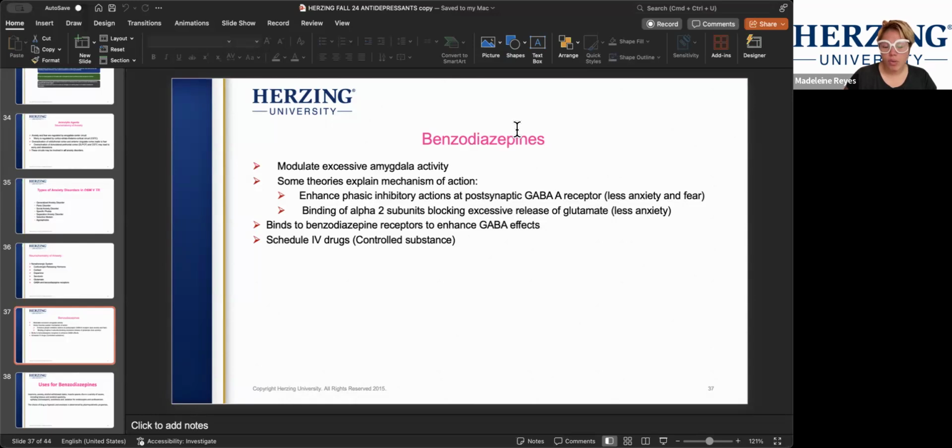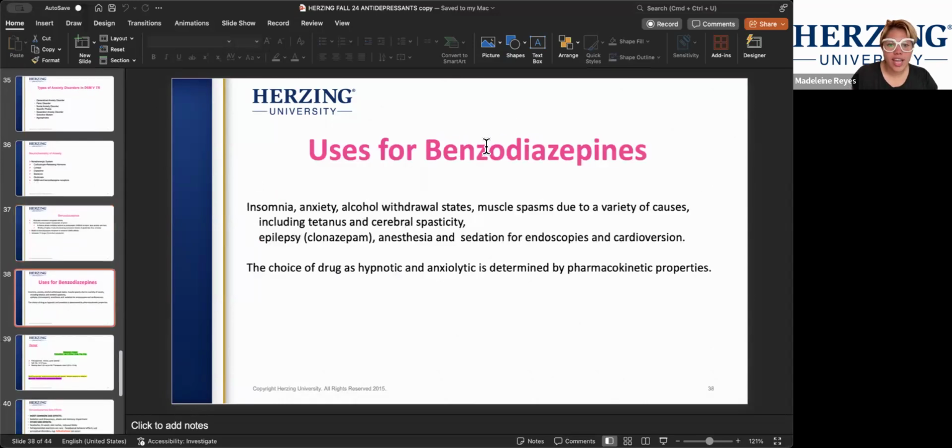So make sure, with benzos it is very tricky because a lot of people use it for short term until an antidepressant starts working. You have to be very careful because clients do build tolerance and they get used to the fast acting effect. And sometimes they'll come in and tell you they don't want to take the SSRI, that the benzo works better, but we cannot have clients on it long term unless they have a chronic condition